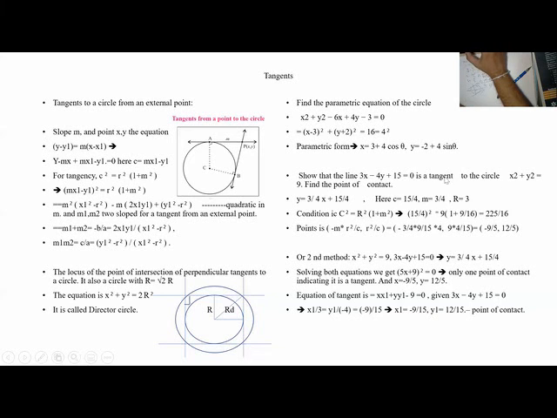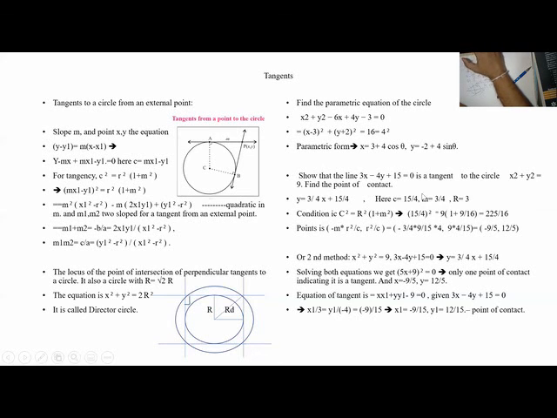So we know this r, what is r? It is 3. When we substitute, we find the points. When c square is equal to r square into (1 plus m square), that means it is tangent to the circle. So r square into (1 plus m square) is 9 into (1 plus m square). m is 3 by 4, m square is 9 by 16. So I get 225 by 16, which is nothing but c square. That means this line is a tangent to this circle. So what points have we seen? m r square by c and minus r square by c. When I substitute here, I get both the points.